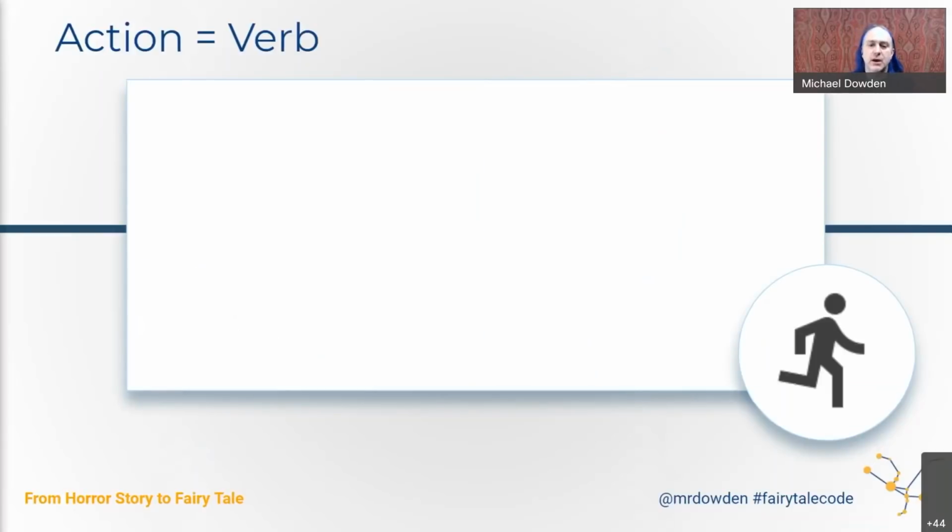Actions. Function and method names should include a verb. Names like this are very bad because they don't tell us what we're actually doing. We know that functions are actions. We know an action is being performed. So I know that an action is being performed on the sales tax or an action is being performed by the order quantity, but I don't know what that action is. That means that when I see this in code, I have to drill into that function and read the code related to that function implementation to actually understand what's going on.